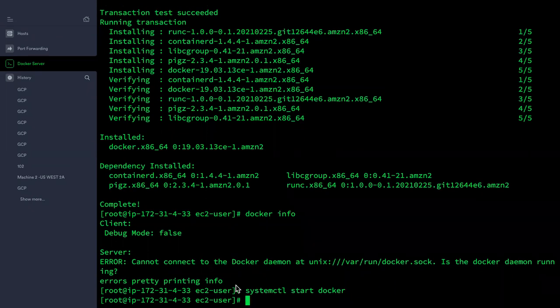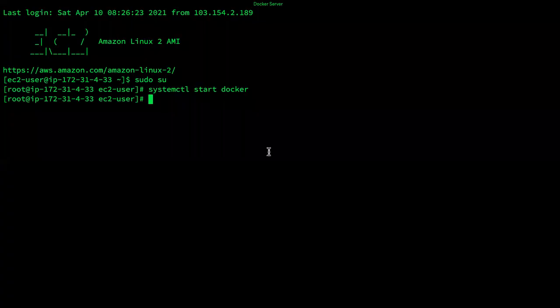Service is started, and let's enable it for automatic start when it reboots. systemctl enable docker.